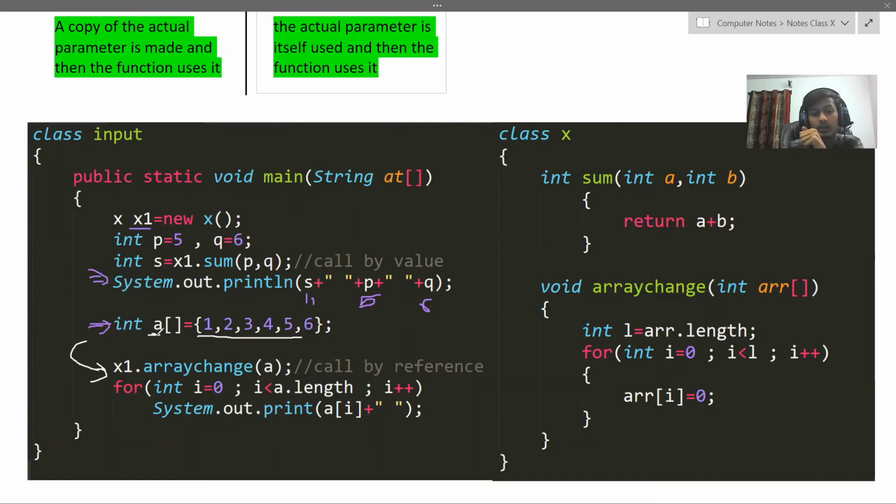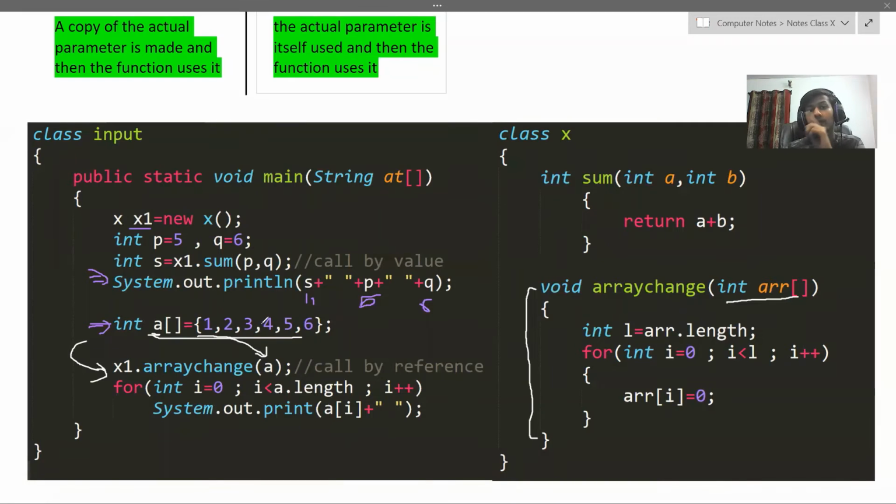So when we passed a to this function, what would have happened? The location of this array would have been passed. The reference of this array would have been passed. So int arr would have got the address of this same 1 2 3 4 5 6. Clear? So the changes made in this array would be reflected back to the original array, because both the a variable and the arr variable are storing the same location.